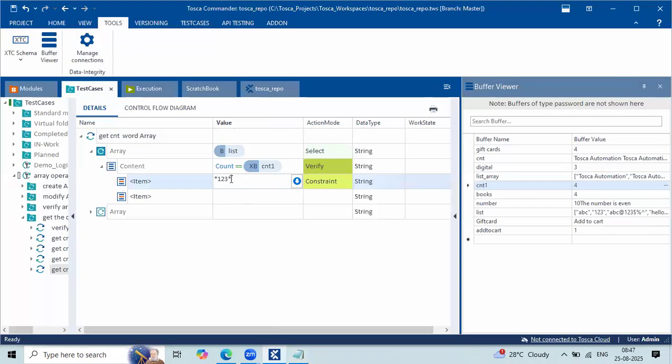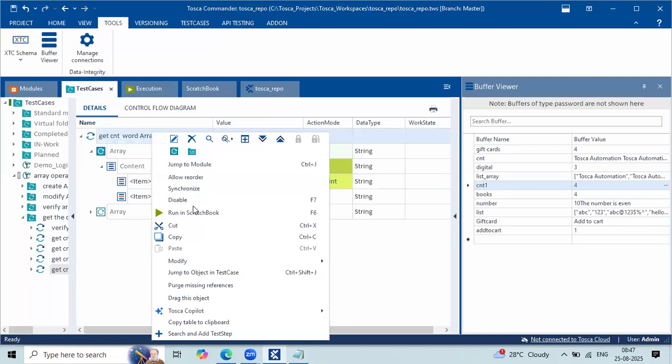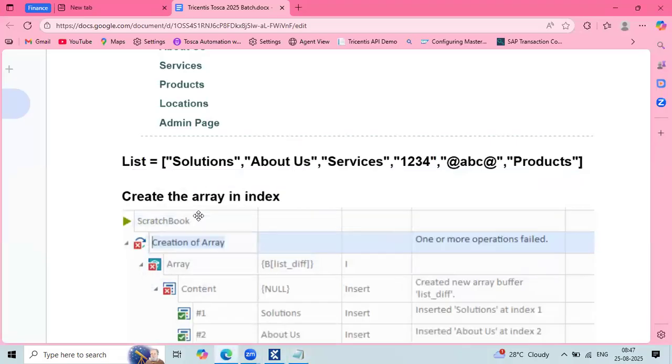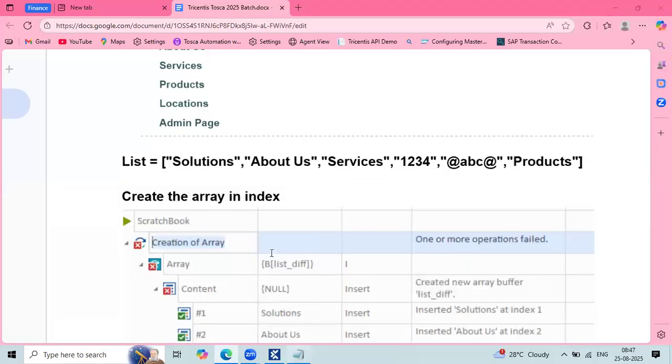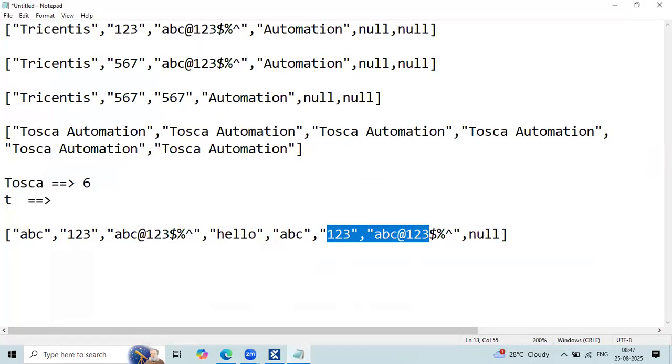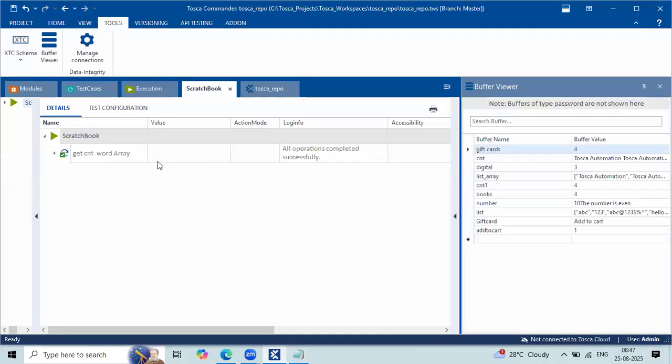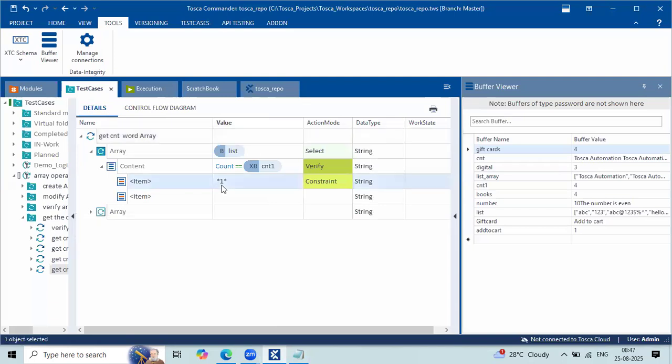For example, if I mention only 1 and click on here, what is the expected outcome, team? 4 only, right? Yes or no? Yes, Anusha, correct. 4 times only, because these two are holding one character each, right? That means 4. So if I search the same thing with a character, since this was the numeric one,